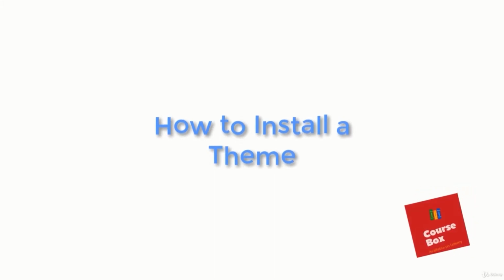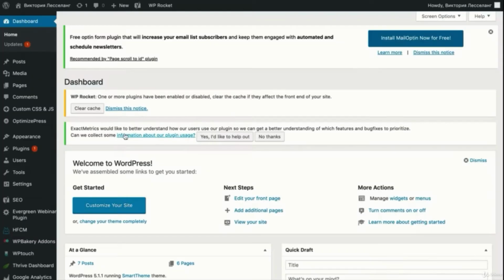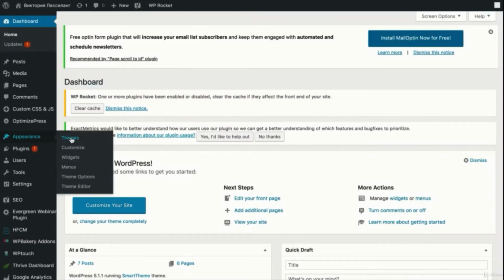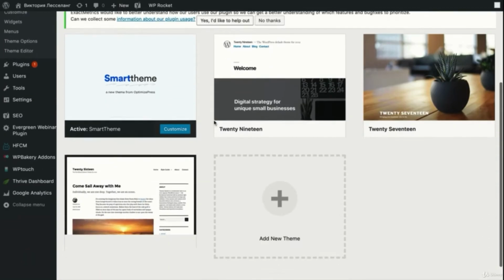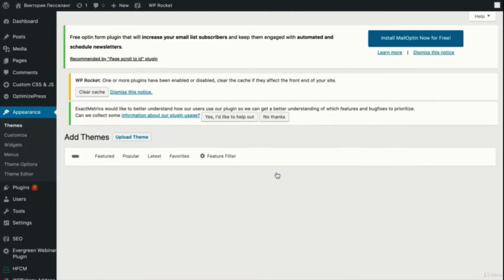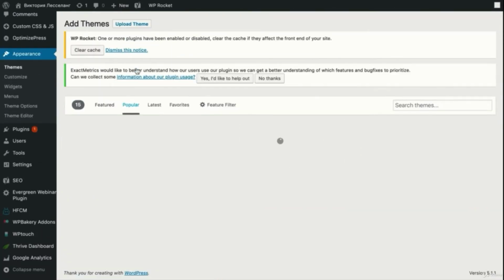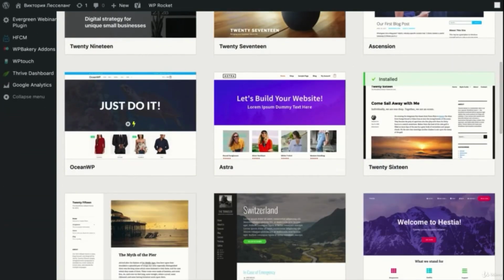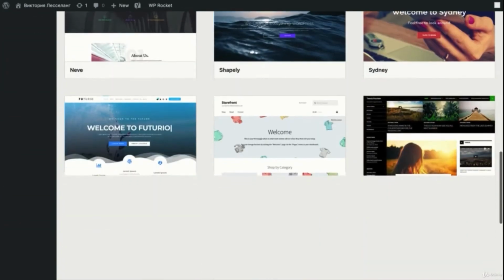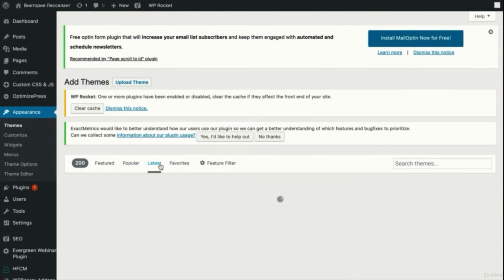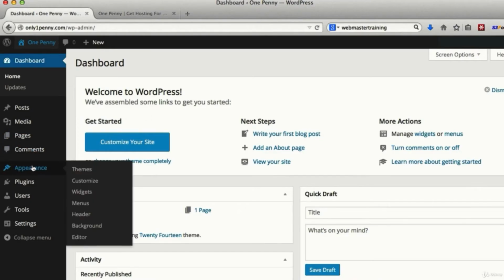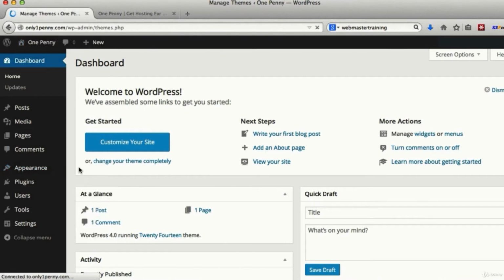Installing a theme. Now that you have a WordPress site installed, you can see your blog comes with a default theme installed. So in today's lesson, we'll be showing you how to change your WordPress theme into a desired one. Again, what we see here now is the default theme, and this is how it looks. However, we definitely want to change it so that it doesn't look like every other WordPress site out there, right? So, what we're going to do is, over here where it says Appearance, click on Themes, and then click on